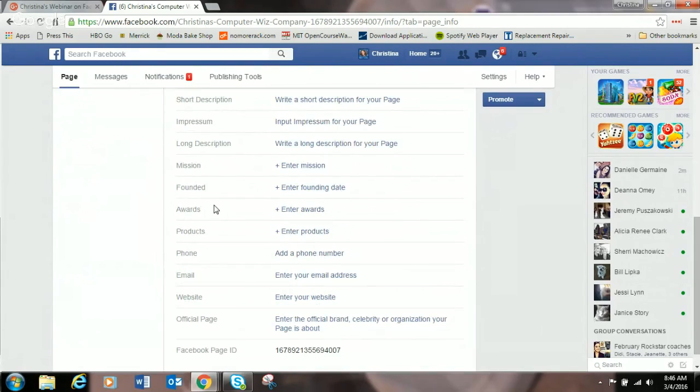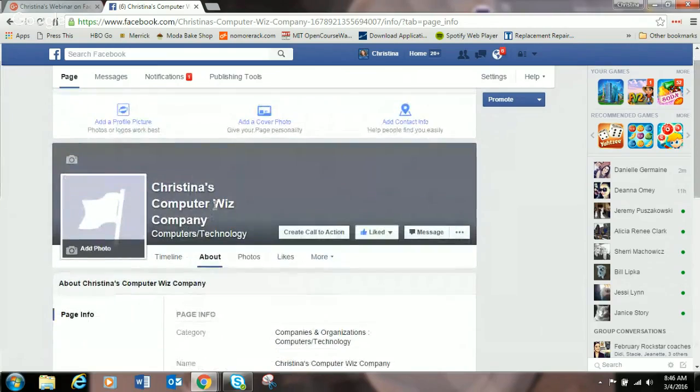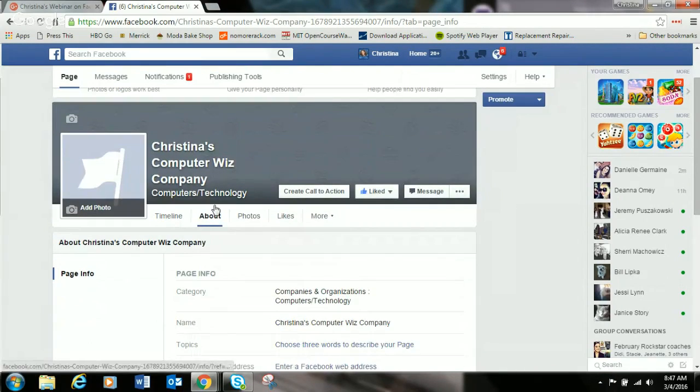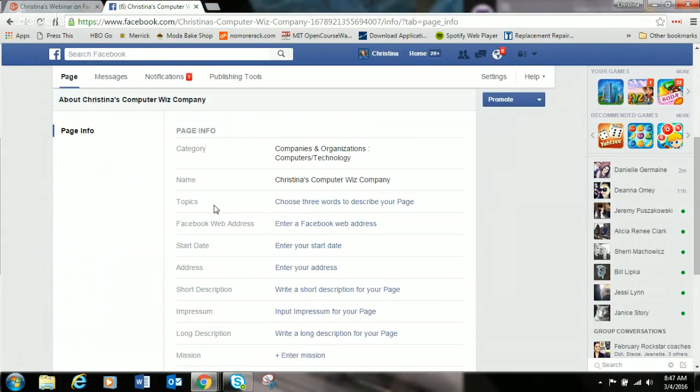You don't necessarily have to fill all of these in, but the more you fill in, the more of that audience you're going to be able to target. People look for companies that are,